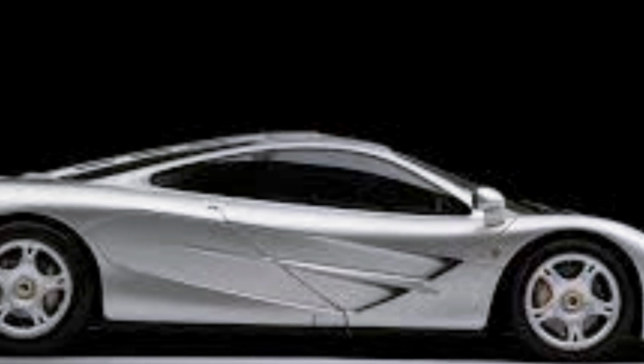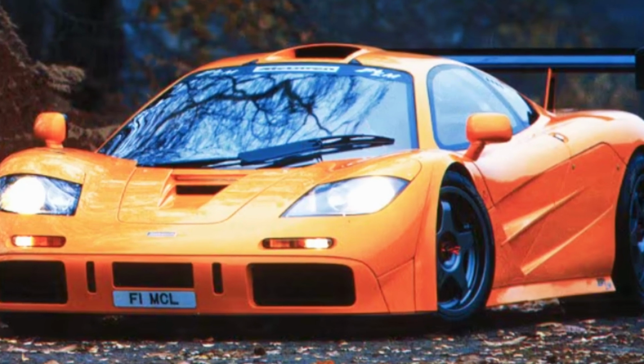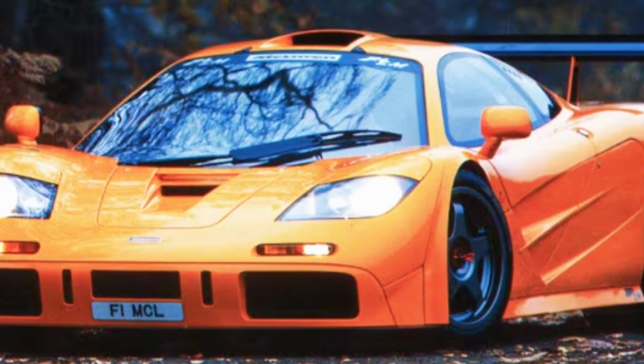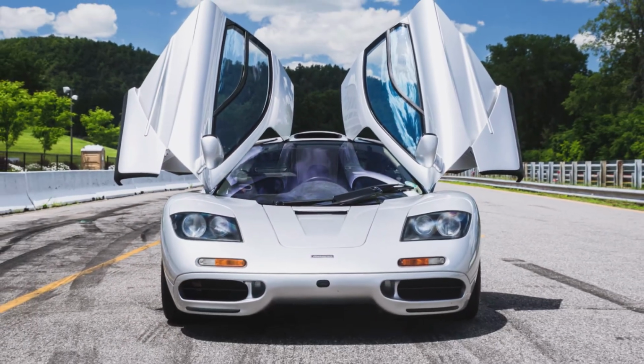Although its production ultimately fell far short of the 300 examples that McLaren had planned, the F1 is widely considered one of the greatest supercars of all time. And due to its world-beating capability, driver-focused design, and extreme rarity, it's also one of the most